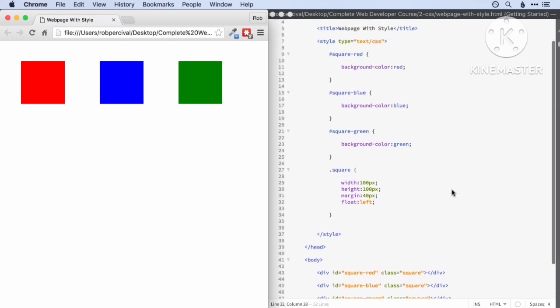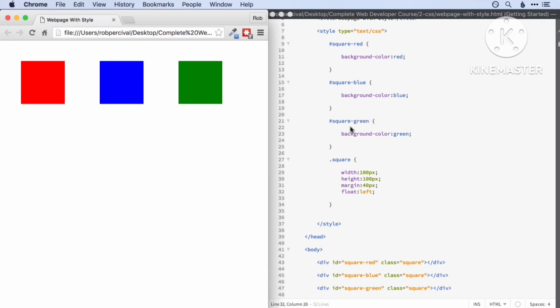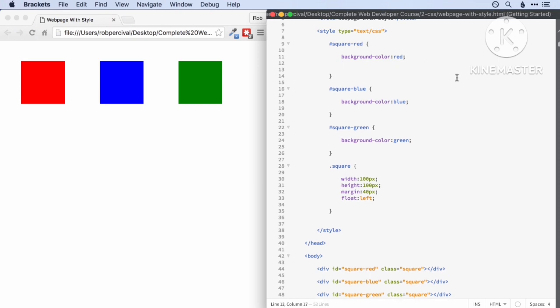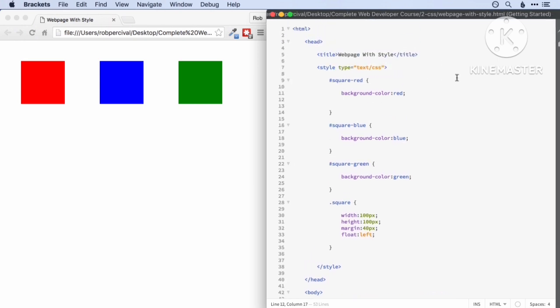Brilliant. So I hope you managed that challenge, but also I hope it was useful to see the advantage of using IDs in some cases, but classes in another, to keep your code nice and easily updatable and changeable. All right, so now on to borders. So I'm going to do different borders for each of these boxes, and we'll start off with a nice straightforward